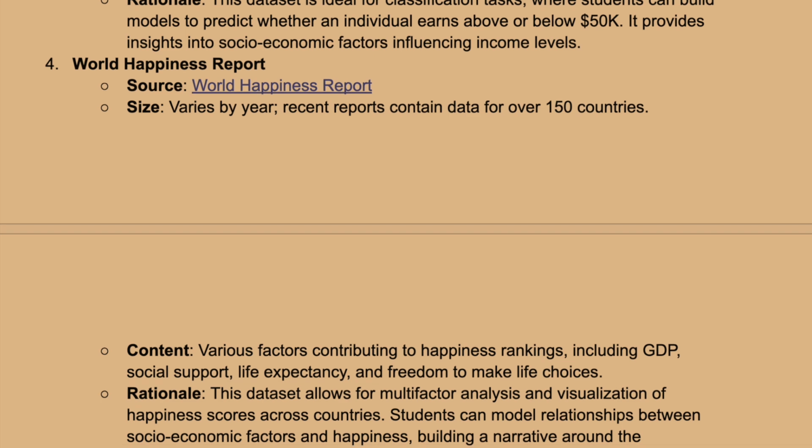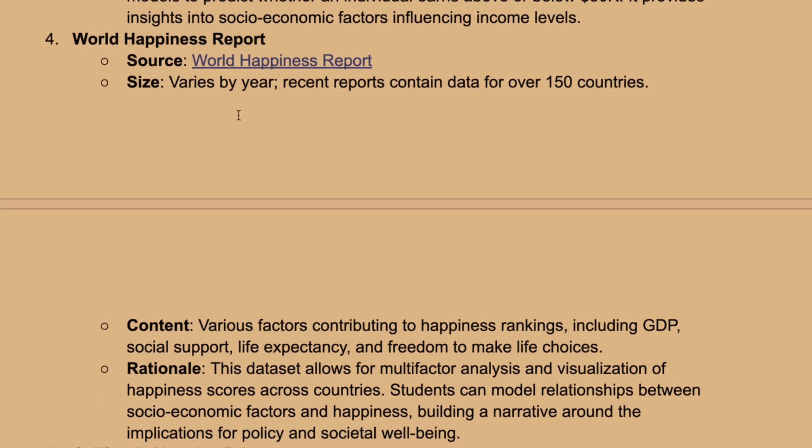The penultimate candidate in our list is the World Happiness Report. And this is over a number of years, contains data for over 150 countries. There's several features or factors contributing to happiness rankings, including gross domestic product of the country, social support offered by the state, life expectancy of the individuals that relate to healthcare provision, and then freedom to make life choices, and so on and so forth. This could allow us to do some multi-factor analysis, visualization of happiness scores across countries. We could also model relationships between socioeconomic factors and happiness, and we could build a narrative around the implications for